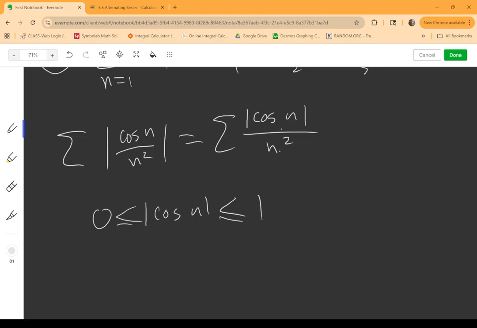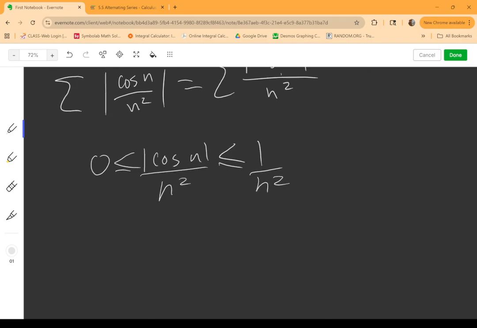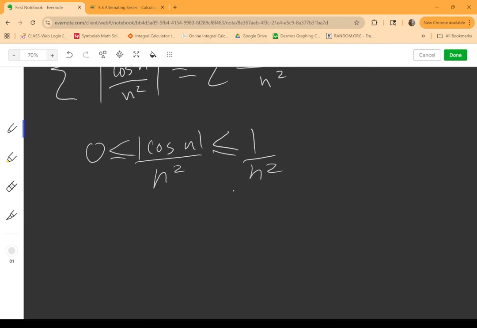Then divide through by a positive number, and I can write it like this. And here we can see by the straight comparison test, this is a convergent p-series. So if the terms of the series are less than the terms of a convergent p-series, then what that tells me here is